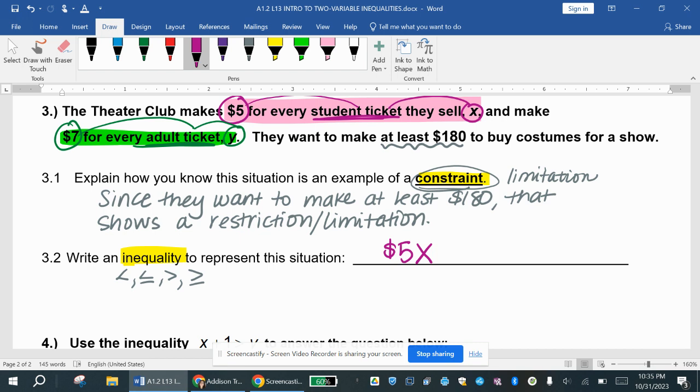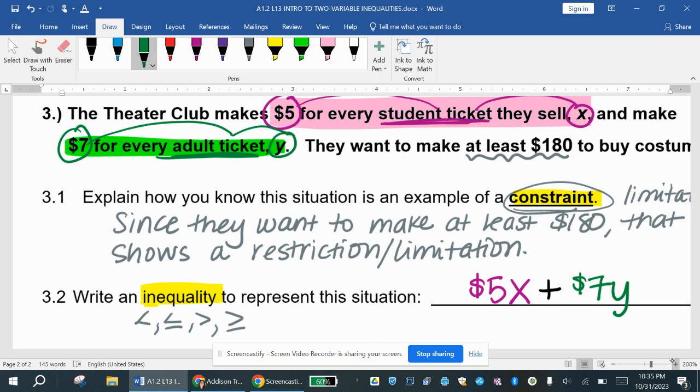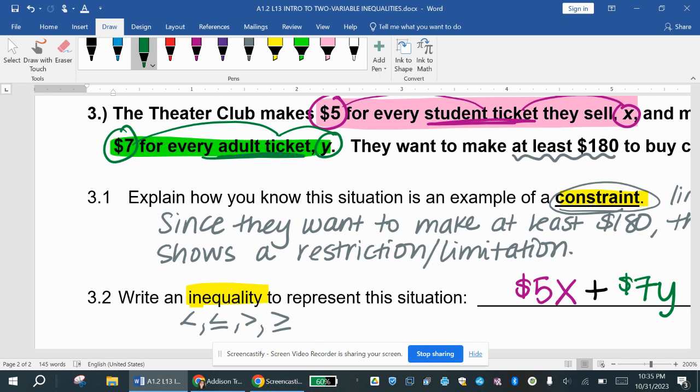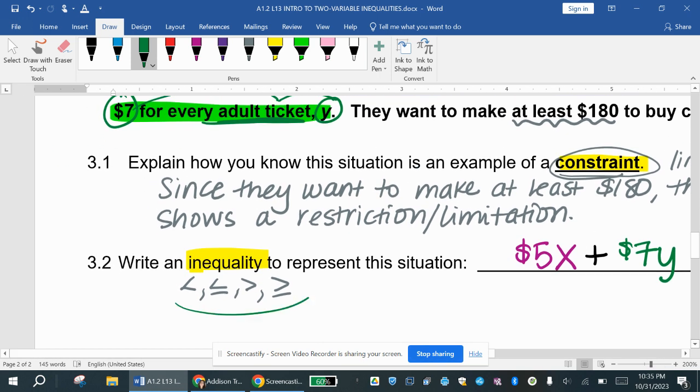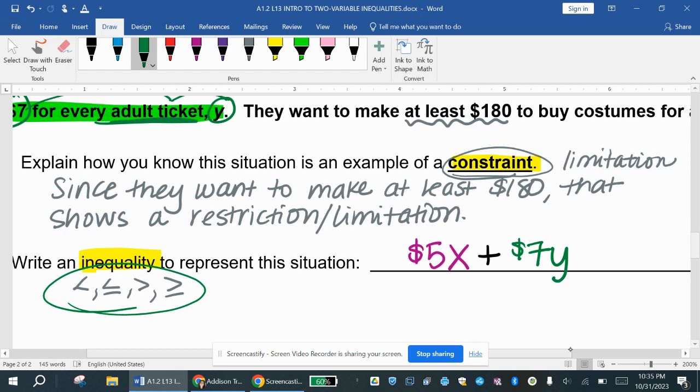Now you can put the $5 sign if you want, or the dollar sign, or you don't have to. And they're going to take that money plus the money that they make from selling adult tickets, which is $7 per ticket, the tickets are Y. And they want to make at least $180. So think to your choices right here. If they want to make at least $180, we're going to have to choose between this one and this one,